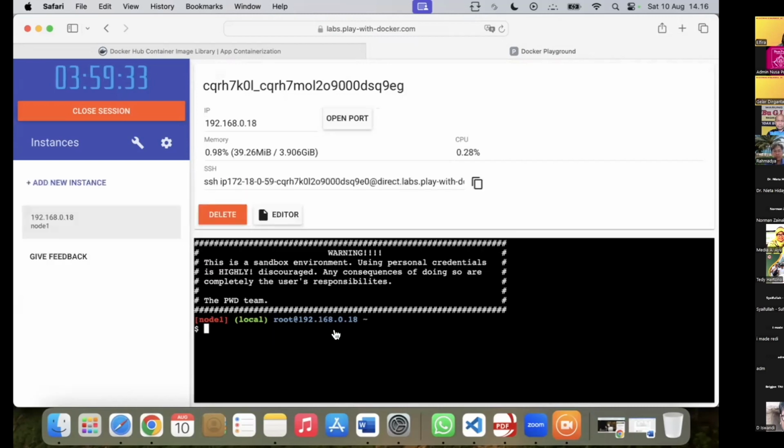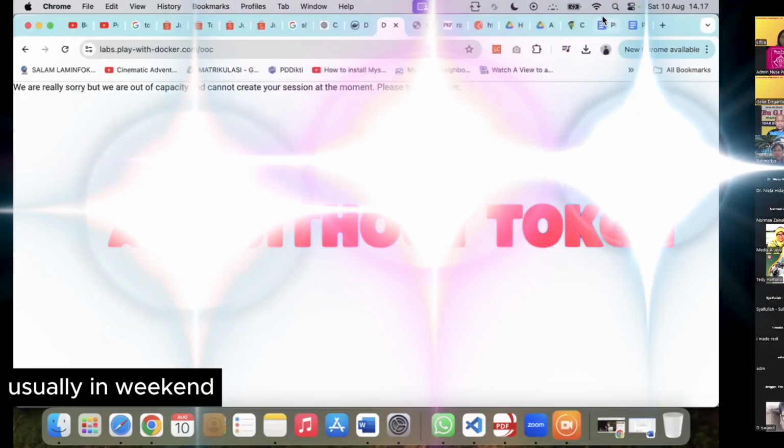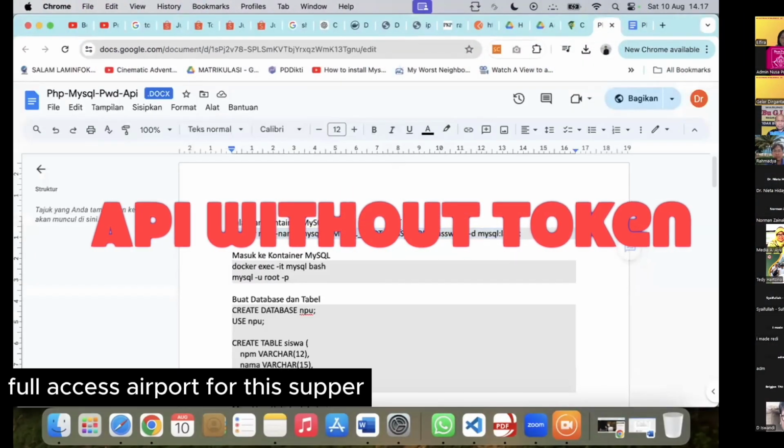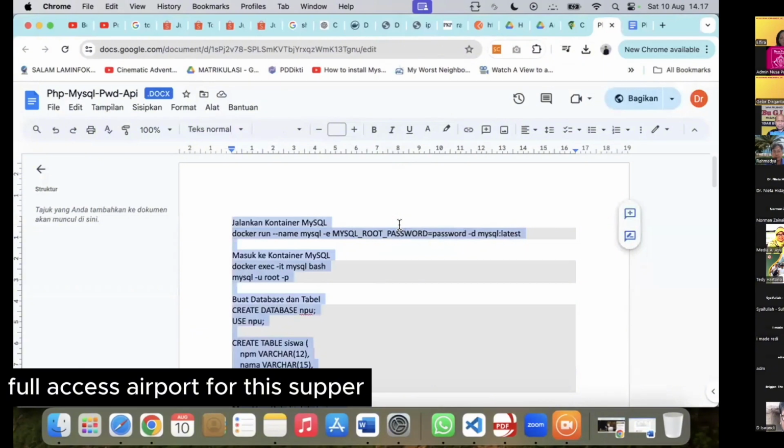Usually on weekends, there is full access for this server.